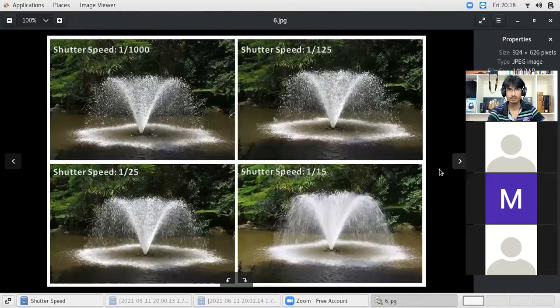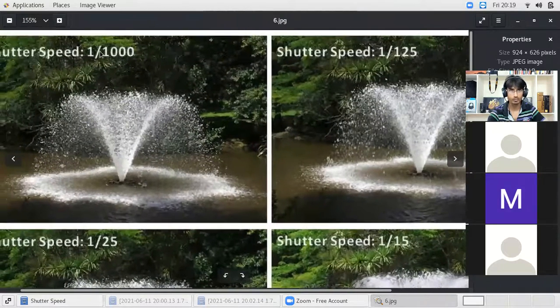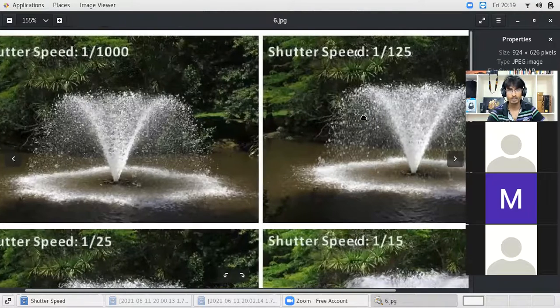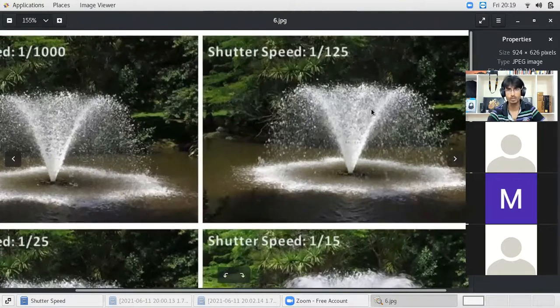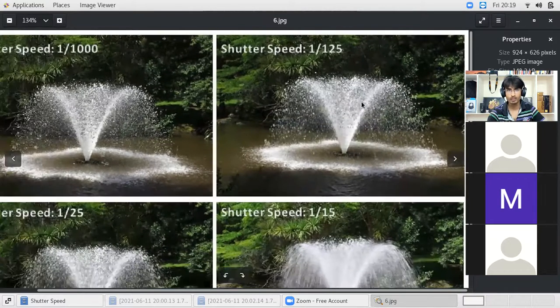Where we can use it? Let us say some waterfall is there. When we are using a very faster shutter speed like 1 by 1000, see, each and every droplet is captured here with 1 by 1000. In case we are moving to some slower shutter speed like 1 by 125, what we are getting?